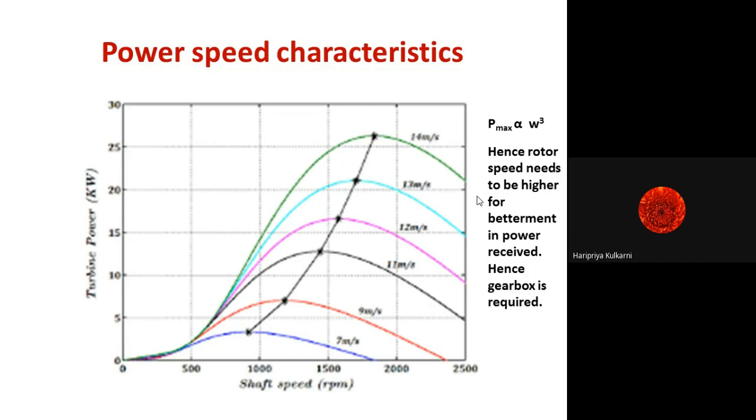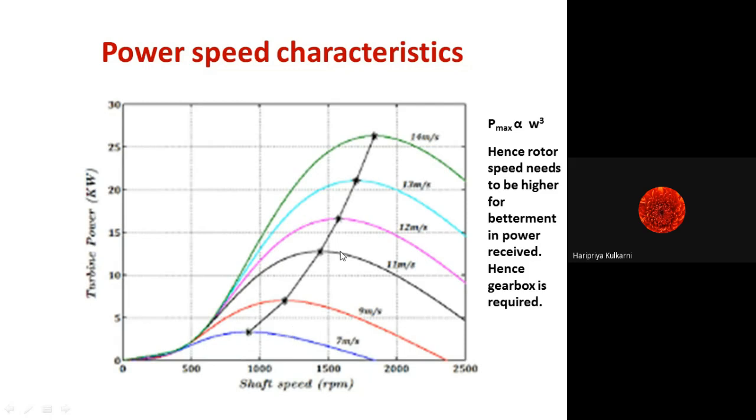Whenever a high wind speed is there, in case of, say, a storm or gusts, at that time we purposely have to stop the turbine. Either we take it to the opposite direction to that of the wind and the stalling operation takes place, or otherwise we can adjust the pitch of the blade in such a way that it is longitudinal to the direction of the wind and it will not move at all. So purposefully stopping the wind turbine is called stalling. After a certain wind speed, we go for a stalling operation. Otherwise, as the wind speed increases, shaft speed also increases and power extraction will increase.